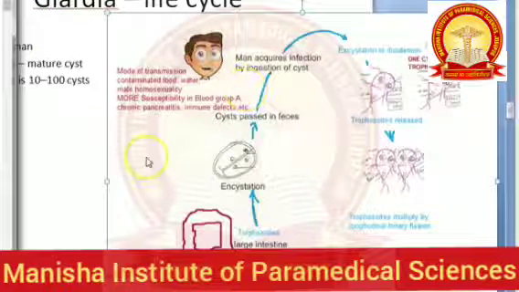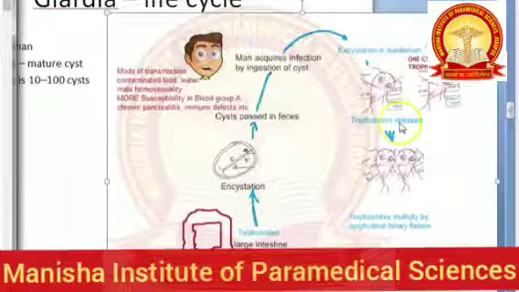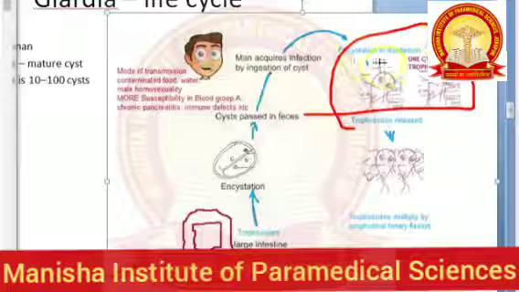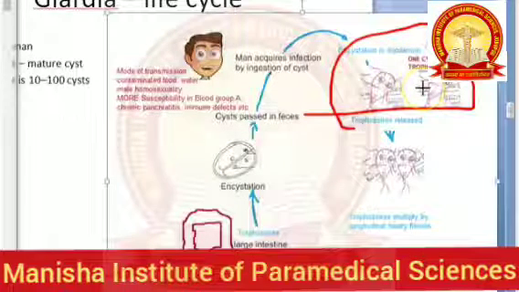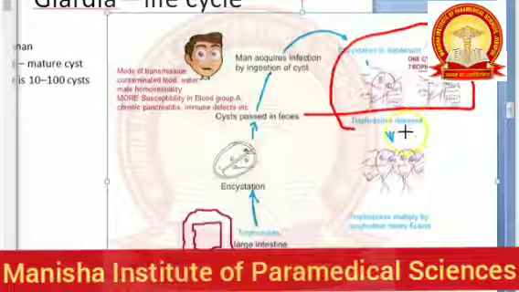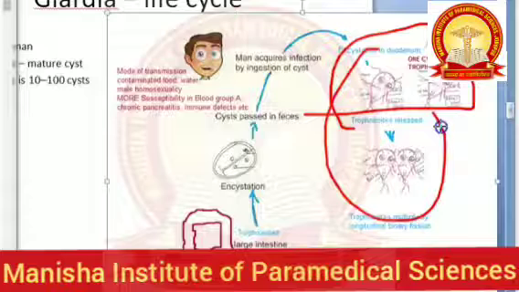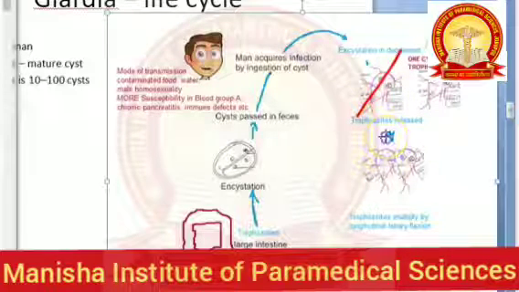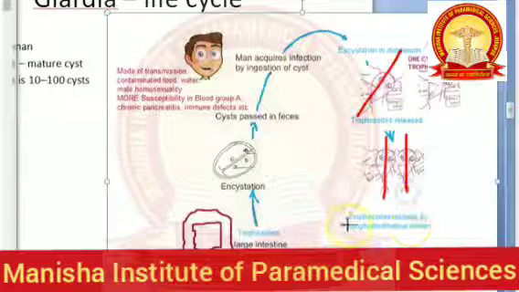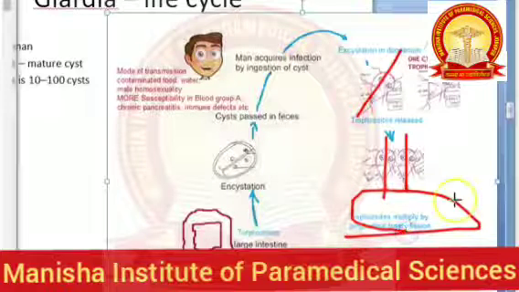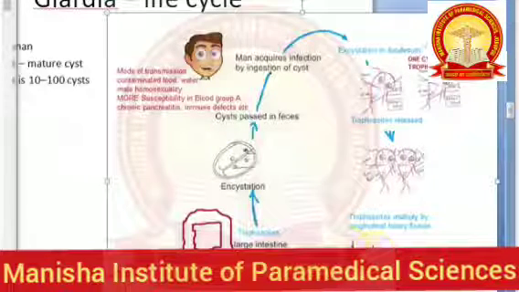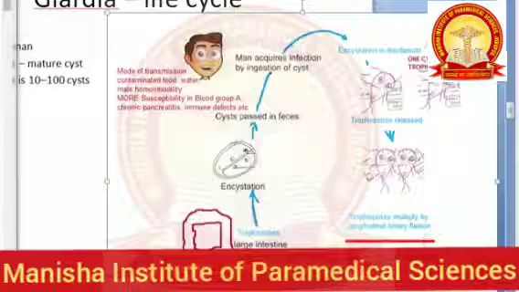So continuing with the life cycle, guys, now in the small intestine, what happens? In the duodenum, excystation happened. One cyst will give 2 trophozoites of Giardia lamblia. Trophozoite is the vegetative form. Now, one trophozoite, what happens? It becomes 2 trophozoites. How? By longitudinal binary fission. One trophozoite multiplies into 2, like the binary fission, okay, longitudinal binary fission. This is a very unique thing again.